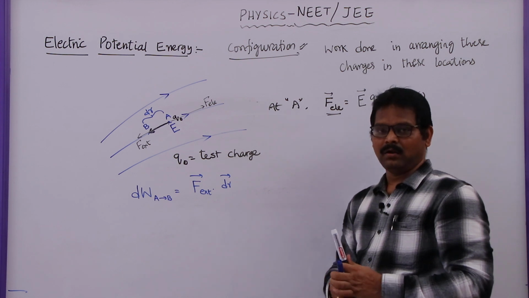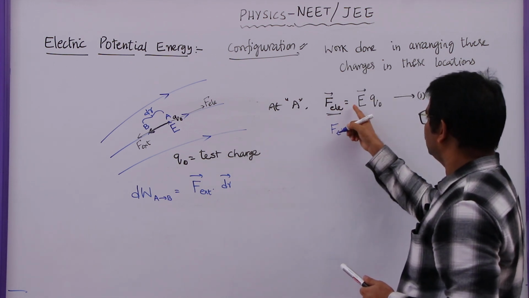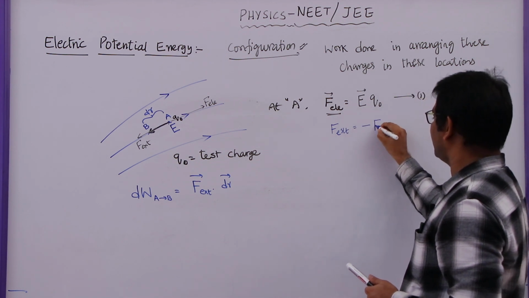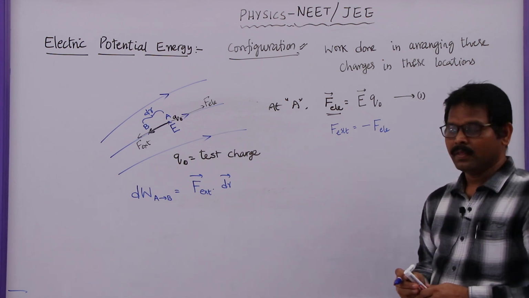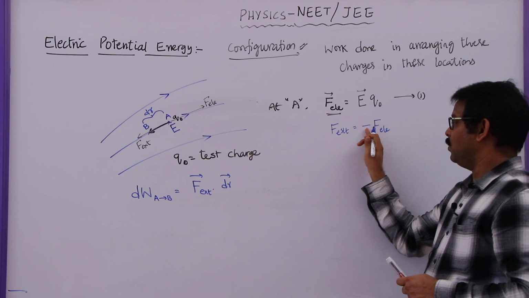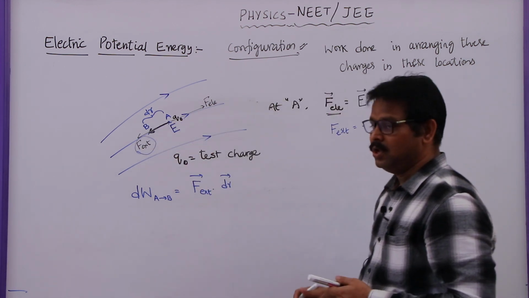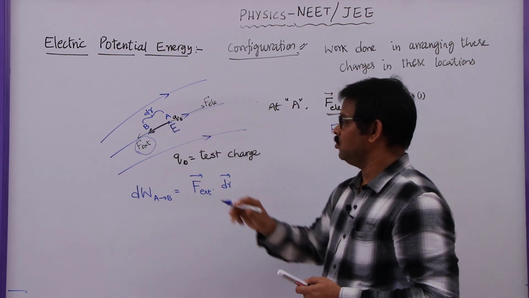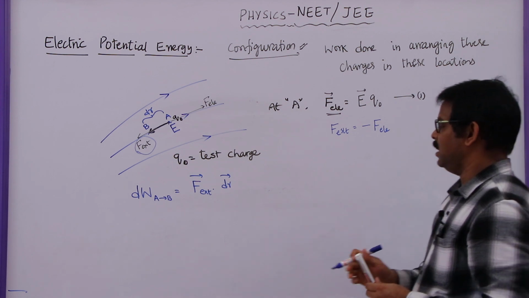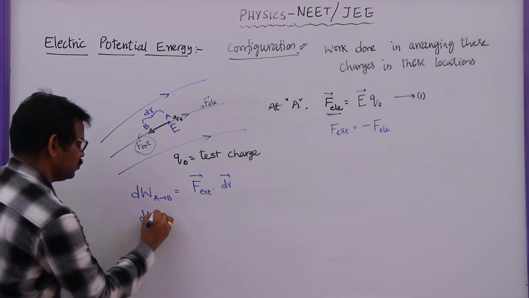So what is the electric force in this case? The electric force is given by E into Q0, but what is the external force to be applied? This is minus F electric. The external force is equivalent in magnitude to the electric force, but opposite to its direction. So I need to apply an external force to move the charge from A to B. So in this case, the F external force can be written as